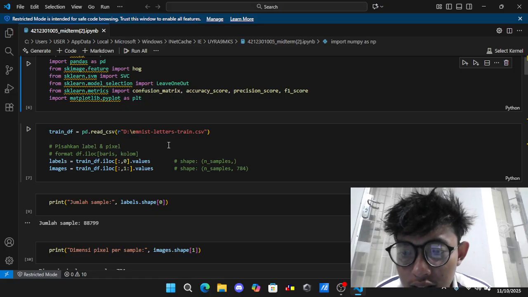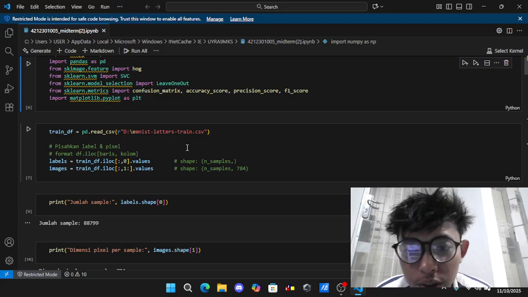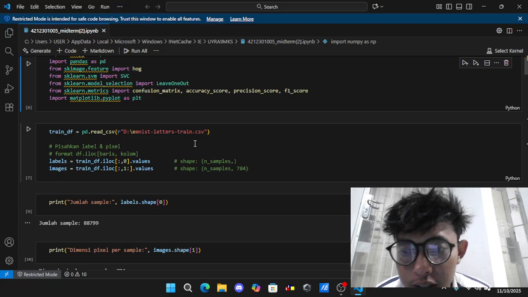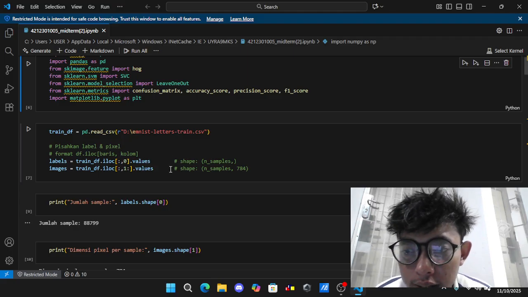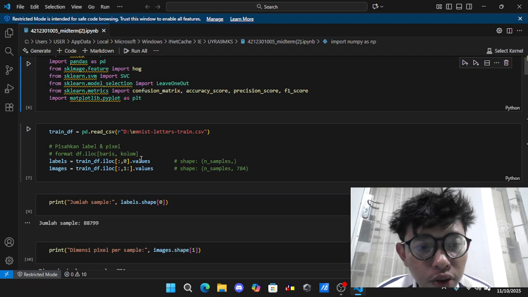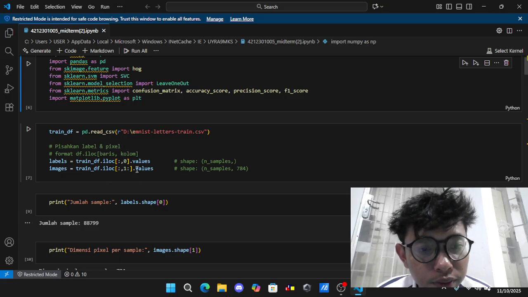This dataset, which corresponds to the 28 by 28 image size in this application, has labels in the first column and 784 pixels in columns 1 through 784.